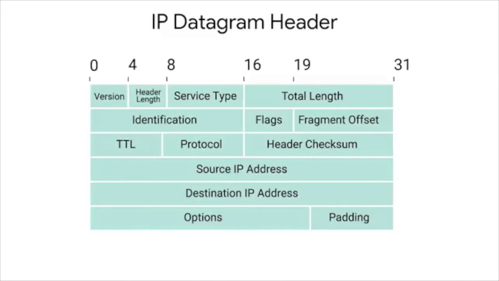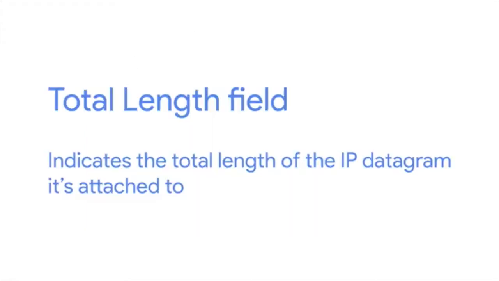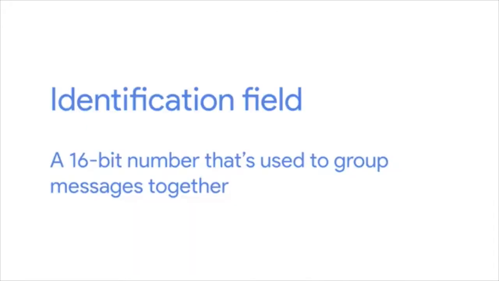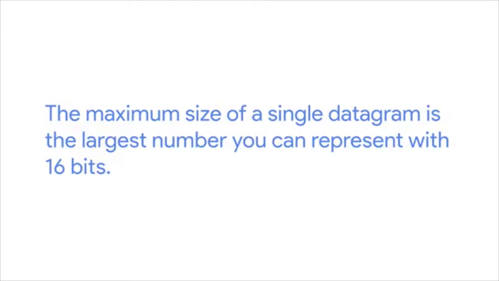The next field is a 16-bit field known as the total length field. It's used for exactly what it sounds like, to indicate the total length of the IP datagram it's attached to. The identification field is a 16-bit number that's used to group messages together. IP datagrams have a maximum size, and you might already be able to figure out what that is. Since the total length field is 16 bits, and this field indicates the size of an individual datagram, the maximum size of a single datagram is the largest number you can represent with 16 bits,